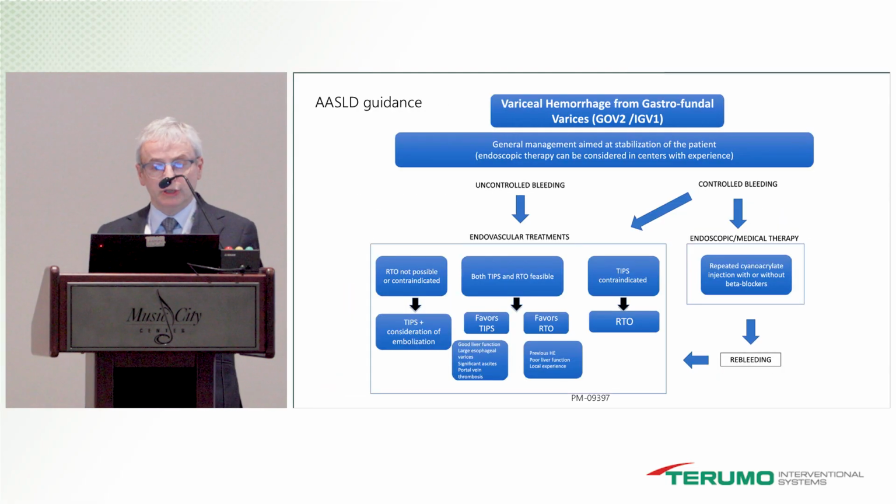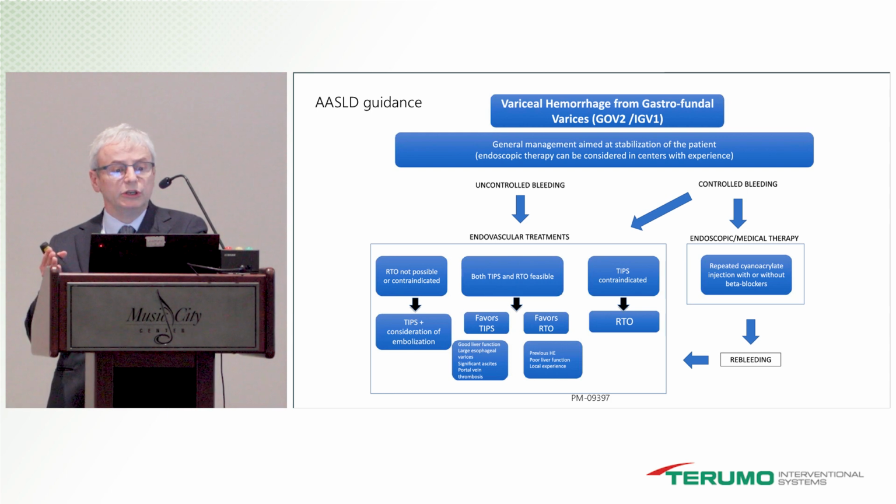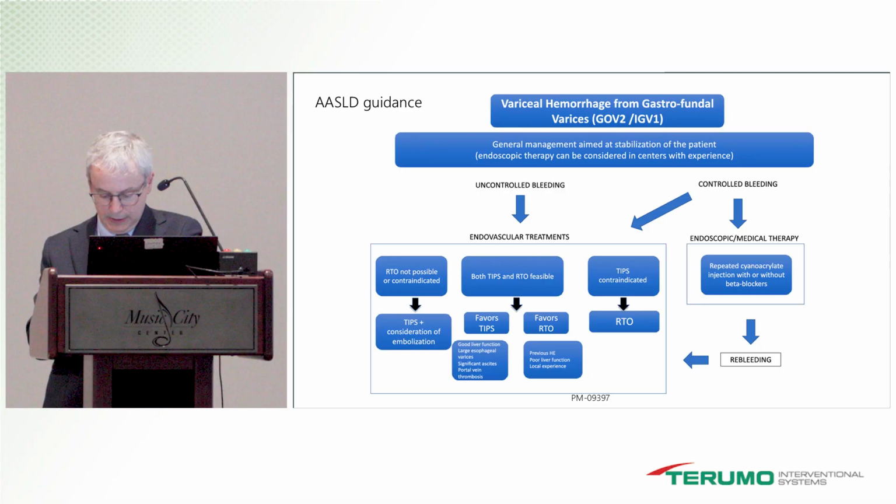And this is the approach, how we use this in clinical practice. When we have a variceal hemorrhage, we normally try to manage the bleeding with vasoactive medication. If there is an expert endoscopist, they might try to treat these varices. But then, if there is uncontrolled bleeding, we have to go to endovascular treatments. But if the bleeding is controlled, we have the question whether we should go to endovascular treatments, TIPS or RTO, or